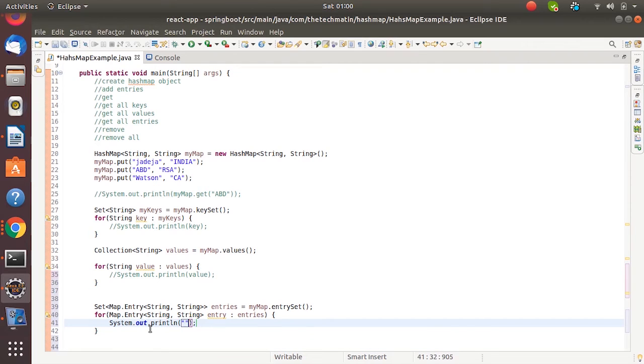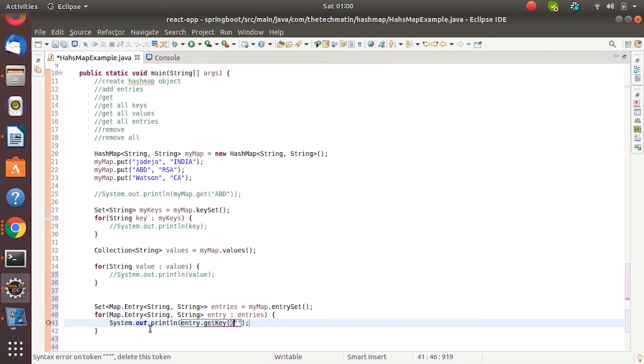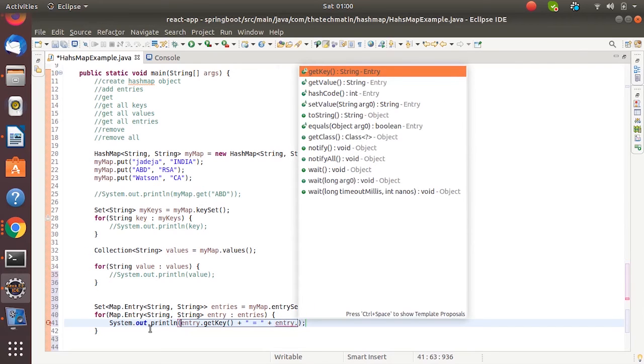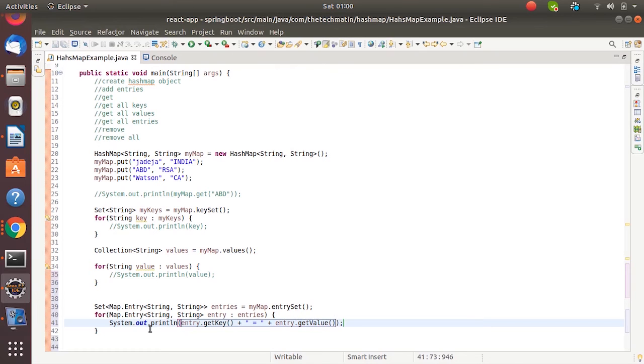Let's say entry dot, sorry, get key, and let's separate it using a separator. So entry consists of key and value, right? So we have a get key, similarly we can have a get value.